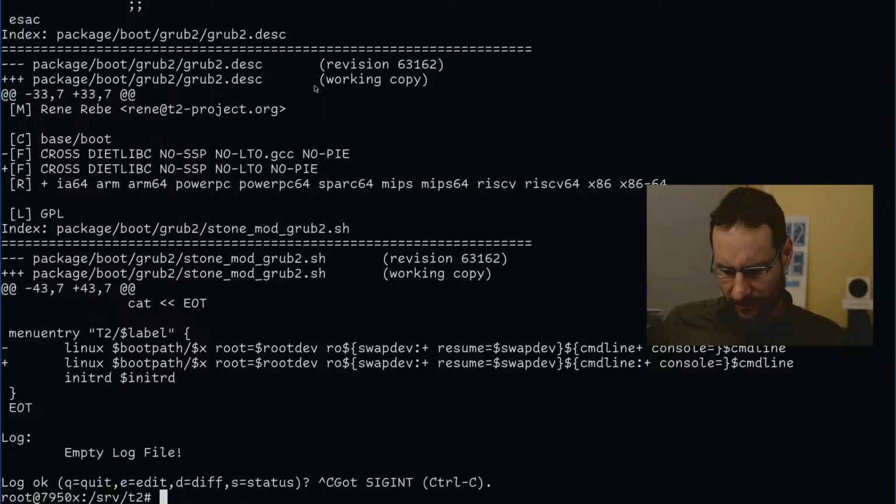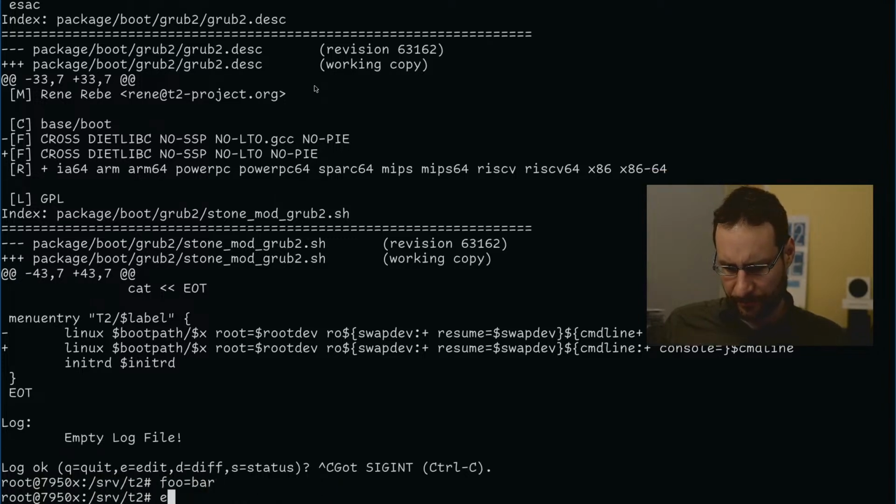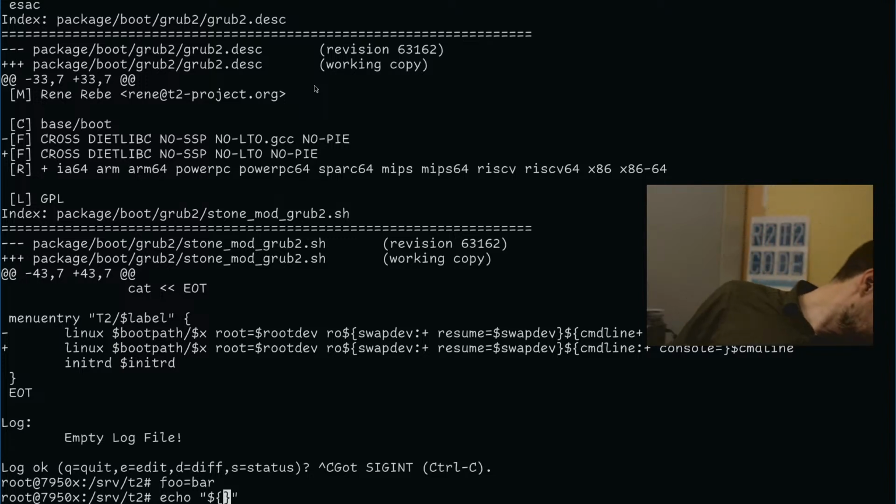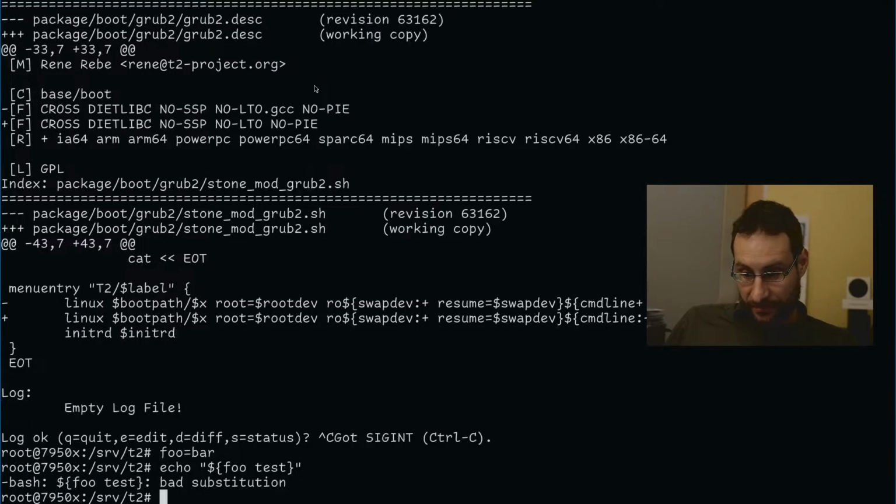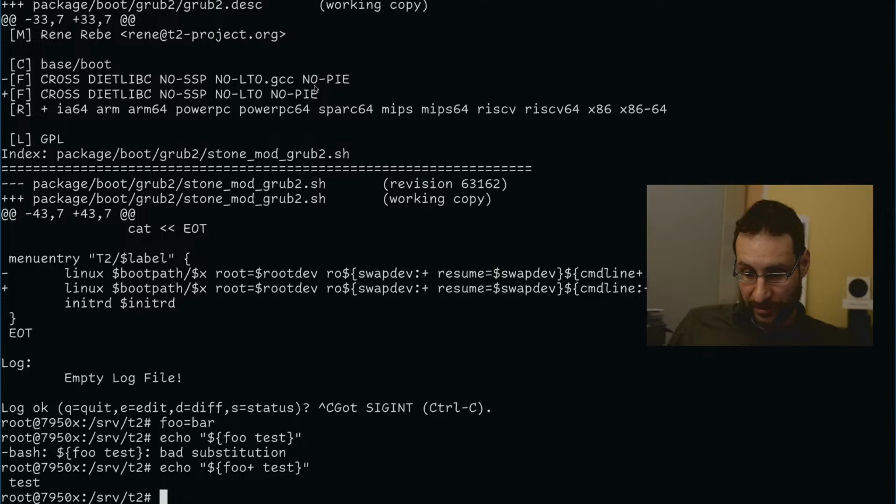Is this like it? So if you set foo to bar and then echo. Best I don't look into my Unix keyboard. Ach, come on. What even? Ach. It's time to go to bed if you already don't know which AltGr thing on your Sun keyboard to press anymore. So foo test. No bad substitution. Wow. So it really does. So is this valid shell? Because it is not what I wanted.